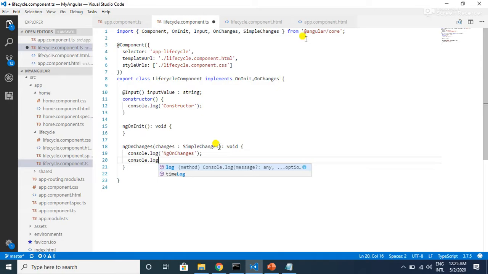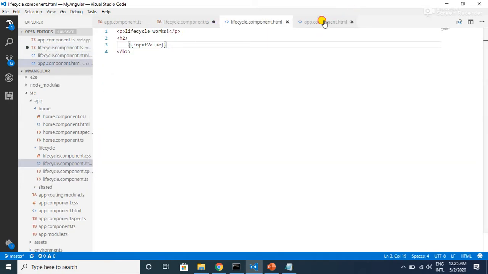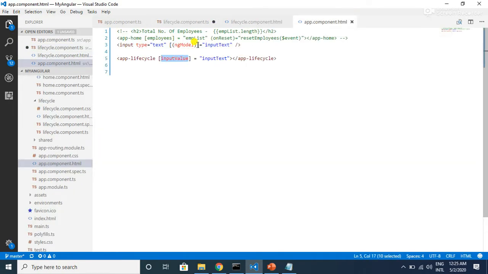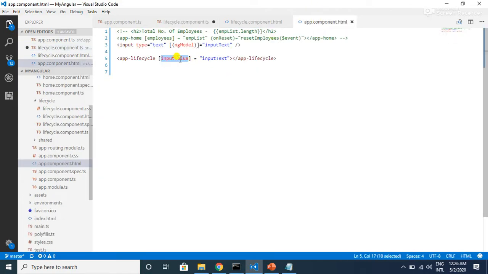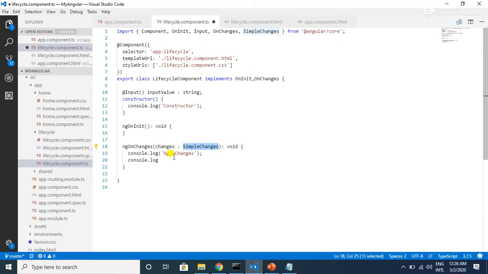So whenever we change this input property, the SimpleChanges object holds the previous value of this input property, that is nothing but input value, and also the current value of this particular input property. So to know that, let's also log this changes and let's save everything and open the browser.